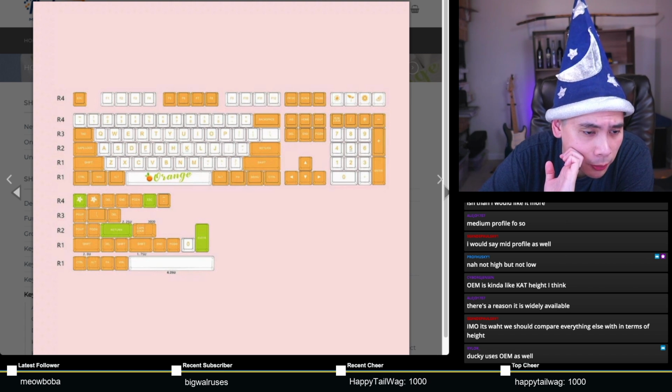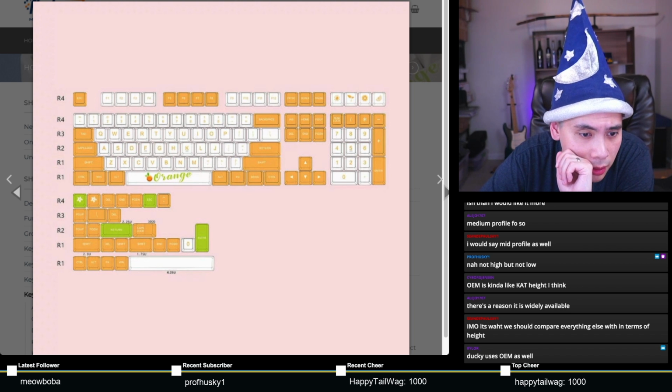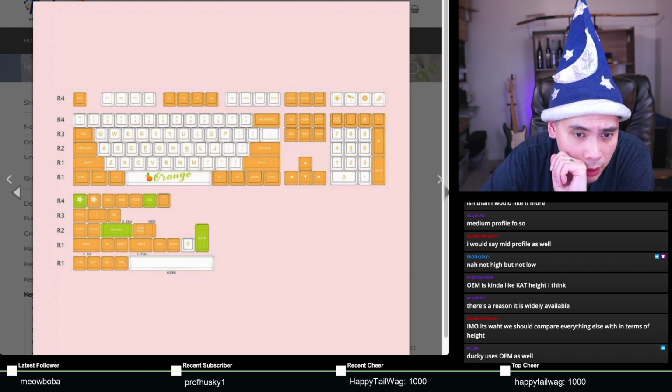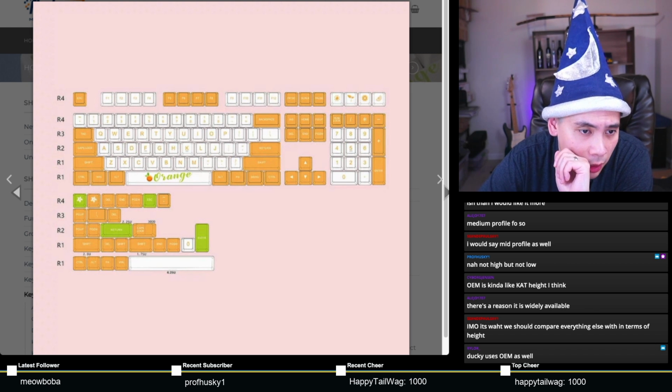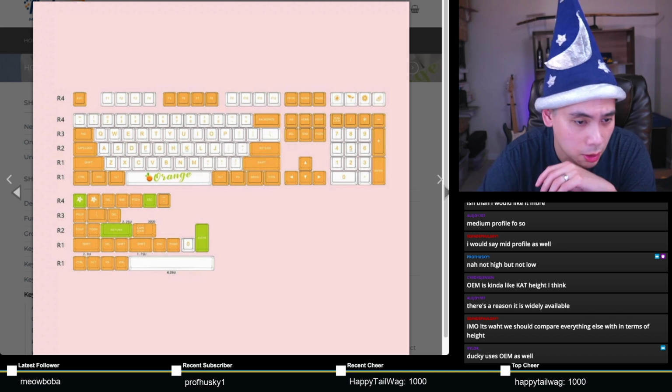I see a colored pipe key. Yeah, sure. I could do that. What else? There's no Sangan support. There's no HHKB, yeah. So yeah, very limited compatibility with this kit. Like, if you have a standard layout board, then sure, more power to you, but...